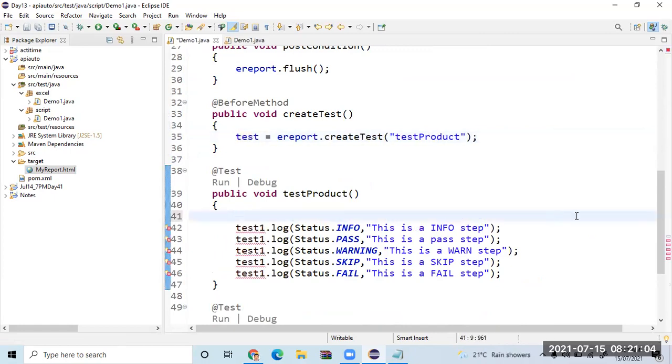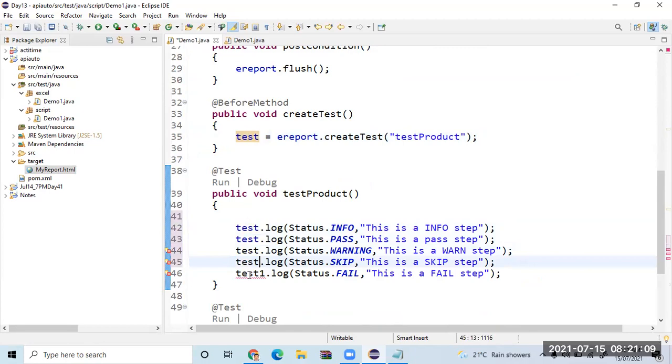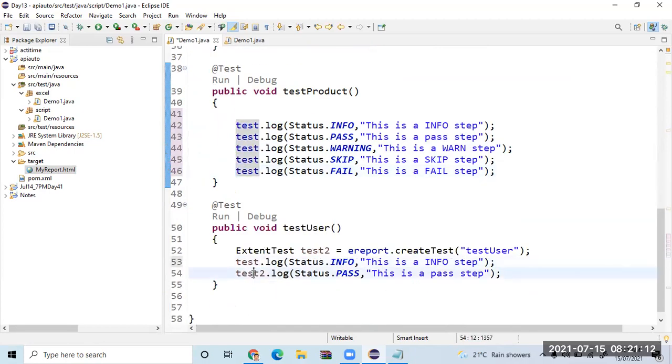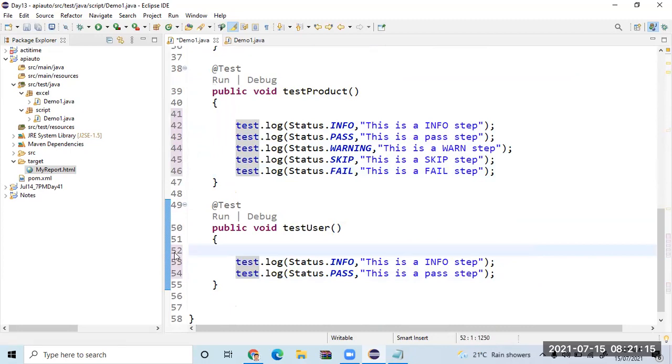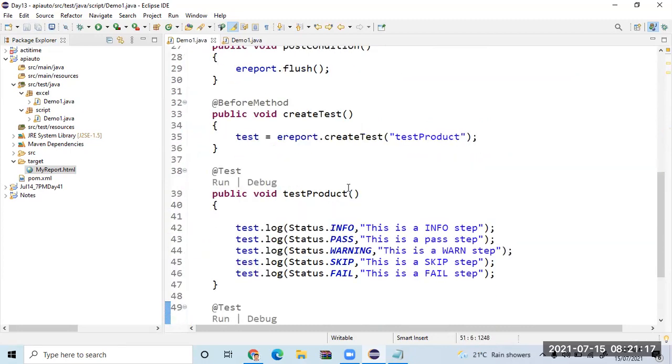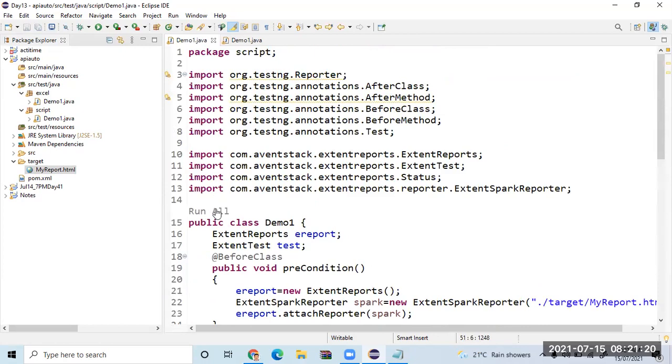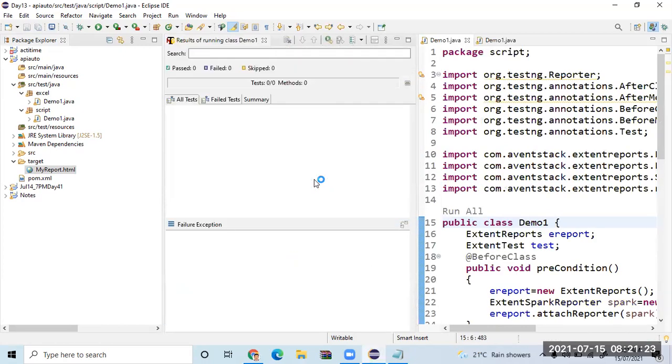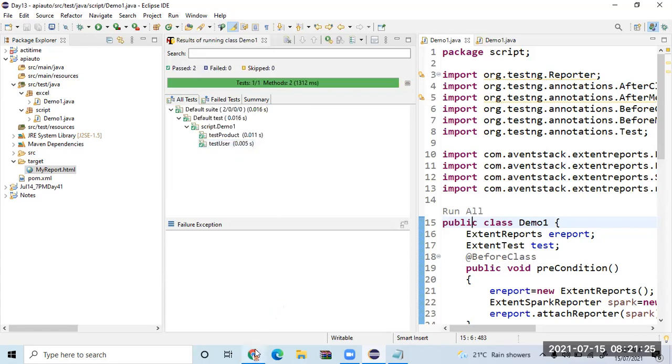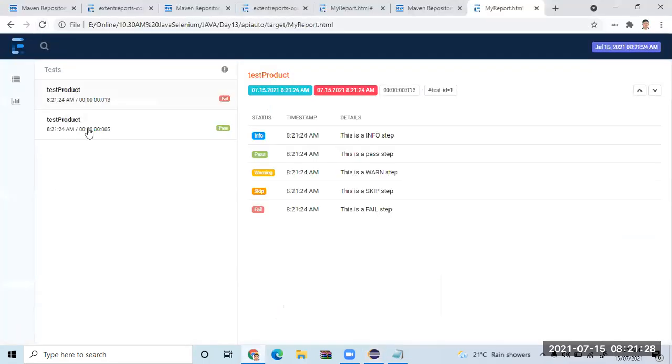Still, the problem is not solved. We will see step by step. Still, it is not the correct one, but let us see, is it working or not? Let's run this. It is executed, but let us refresh it. Tell me what is happening here. It executed twice. It is coming to test, no doubt about it. Reporting properly also, but the name is same. Why is the name same?